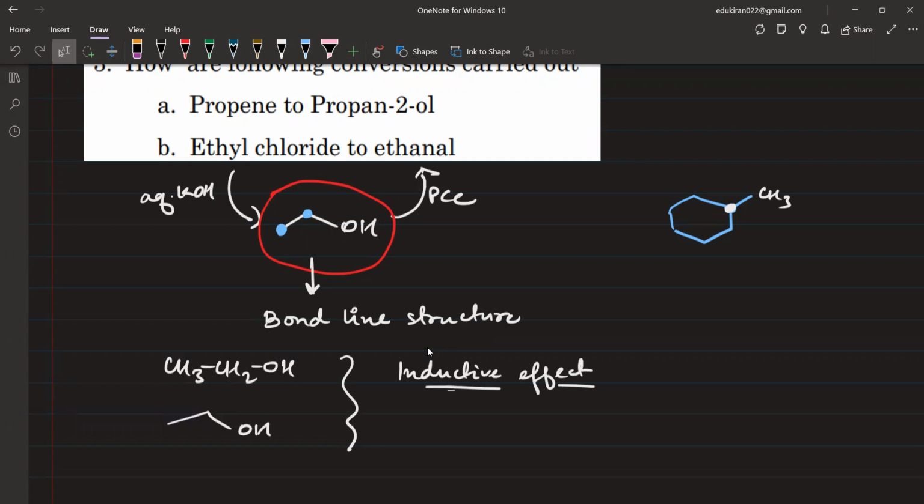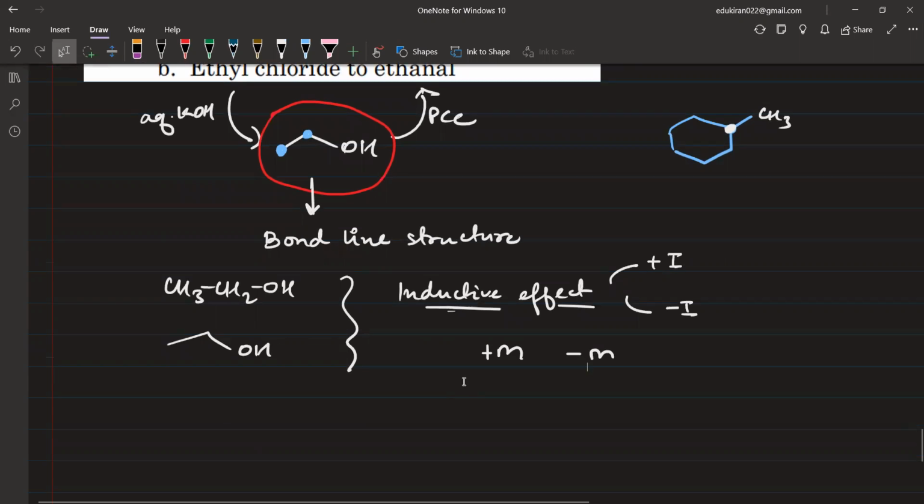ये आप बताइए, आप समझ पा रहे हैं क्या बोलना चाह रहे हैं? प्लस आई, माइनस आई। ये ग्रुप्स याद हैं आपको? प्लस एम कैसे पहचानते हैं, माइनस एम कैसे पहचानते हैं? इंडक्टिव इफेक्ट याद नहीं, रेजोनेंस थोड़ा मालूम, पर इंडक्टिव इफेक्ट नहीं। मेसोमेरिक इफेक्ट,